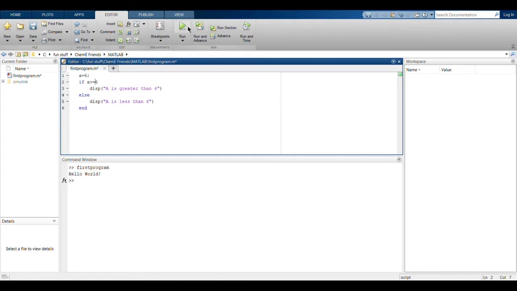So we click run, and the program will run, and you can see that a is greater than or equal to 6 gets printed. This is the very basic way to use a conditional statement. We might use this later on in a more detailed manner, and this is a very rudimentary thing, so we will move on to the next topic.